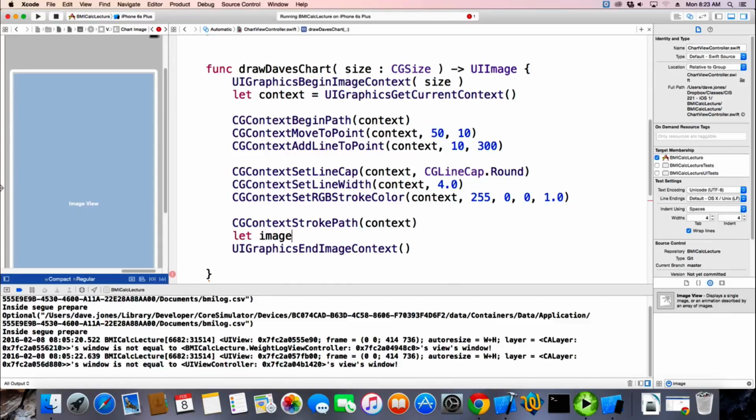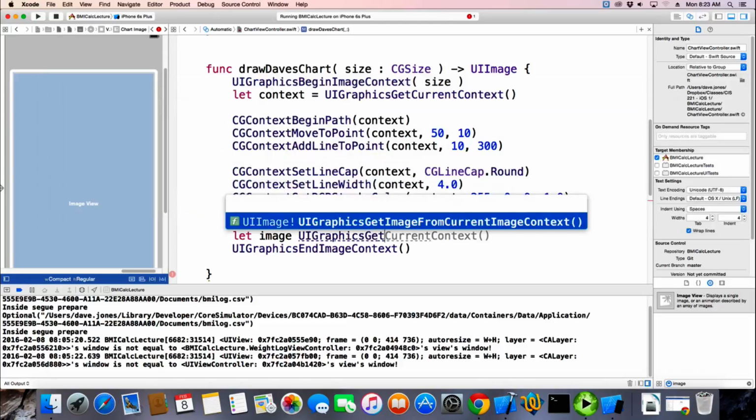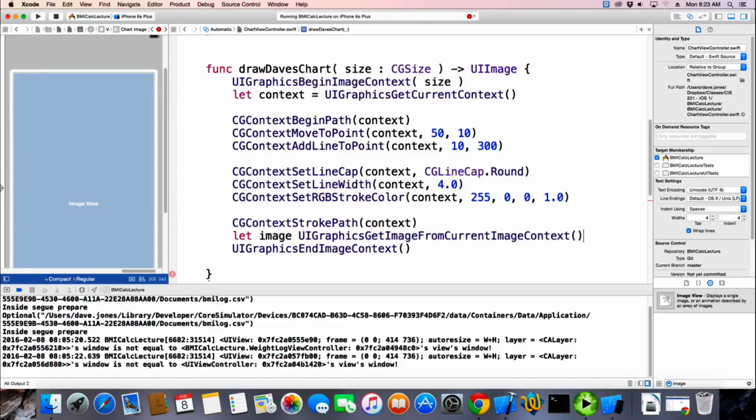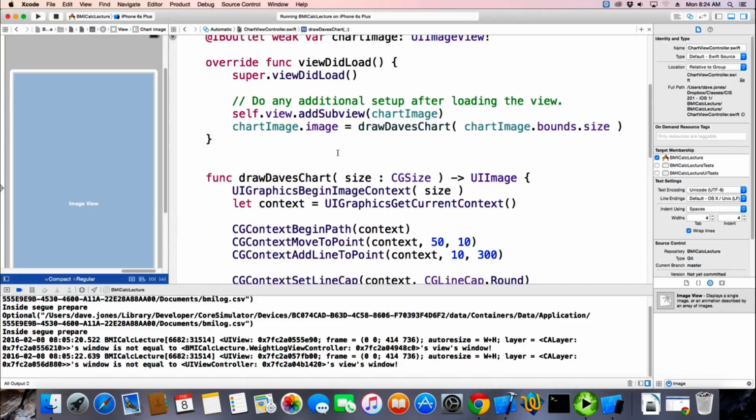Then I have to get the image that it created so that I can set it and return it. So I want to get image from current image context. Oh my God, that's long. Thank God for IntelliSense there. Then I need an equals. That's a minor thing. Then I close my context and I'm going to return my image that I just created